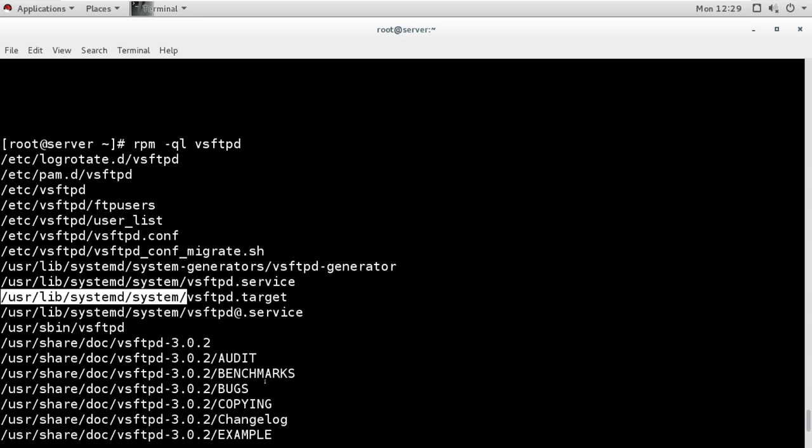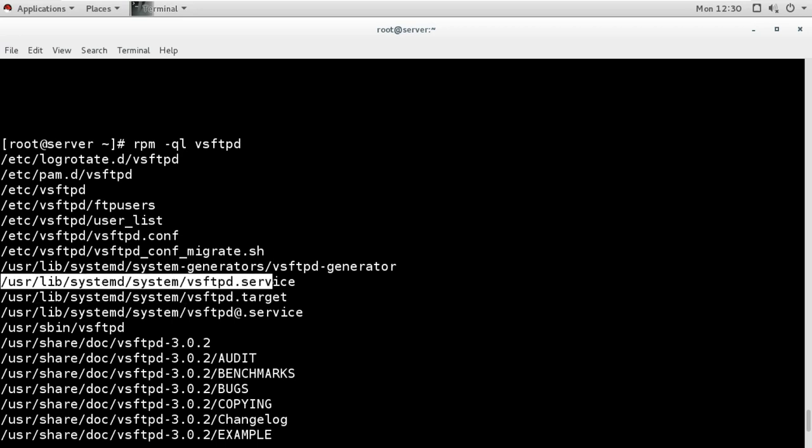So all the service files, target units and service units are stored in this directory. For running the FTP server, we have a service, and that is located under this directory, and the name of that service file is vsftpd.service. We have to know the service name, so this is the service name.